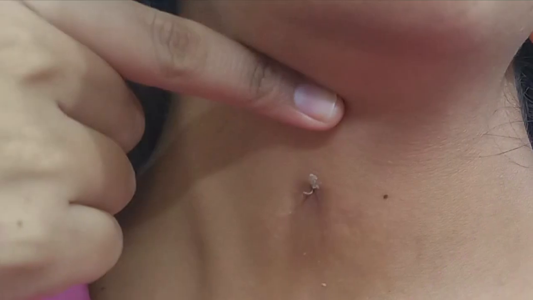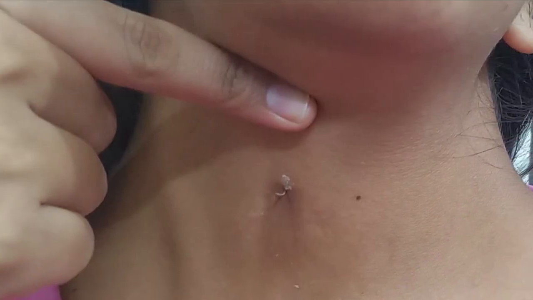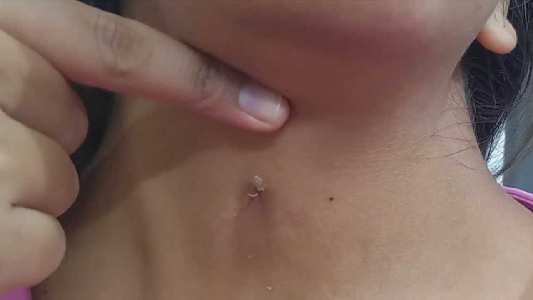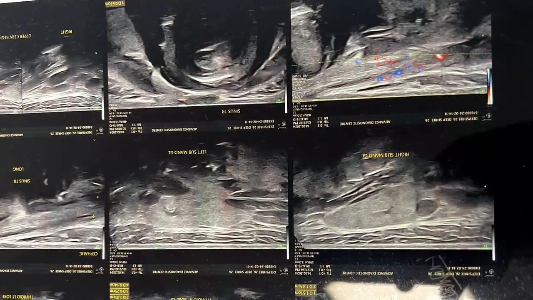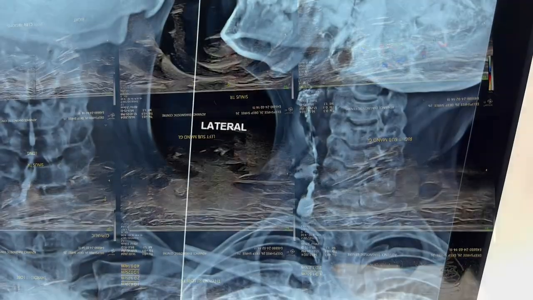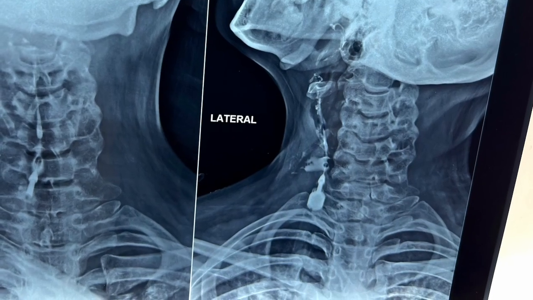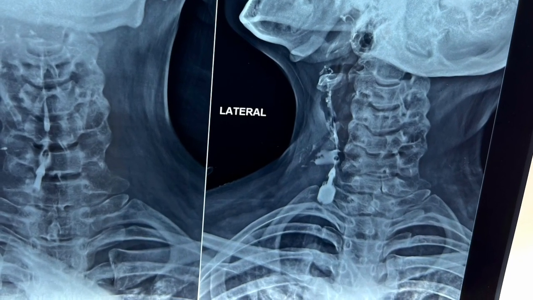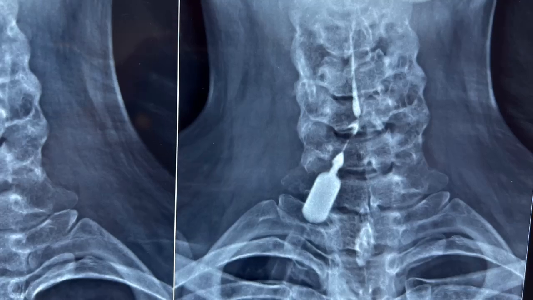Presenting a case of recurrent thyroglossal duct fistula after previous surgery. This case is a 28-year-old female with recurrent thyroglossal duct fistula following surgery for thyroglossal duct cyst during childhood. This X-ray shows the central body of the hyoid bone was not removed during previous surgery at the time of